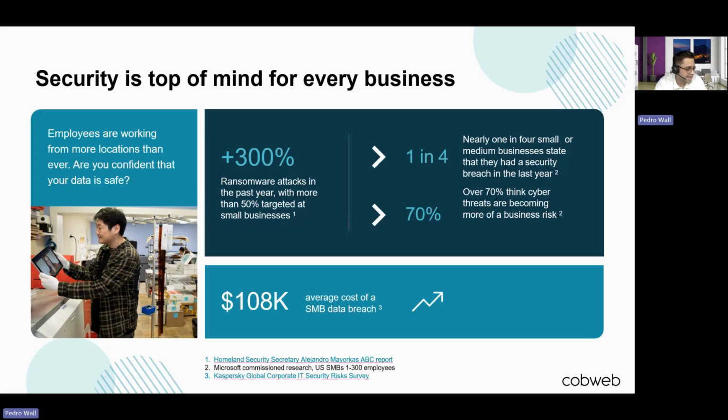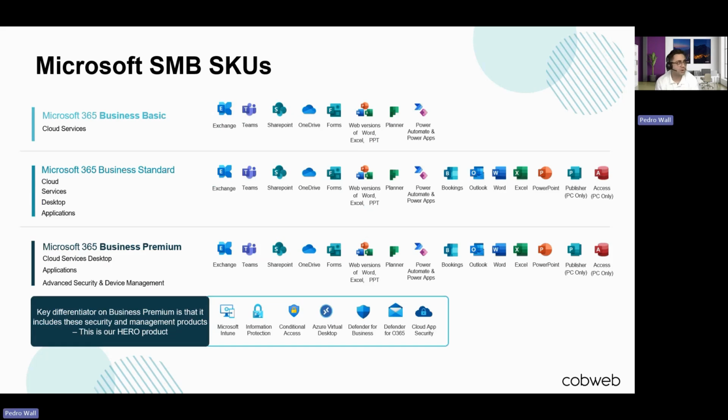And also the average cost is about 108,000, which is huge. Even for an enterprise, that's huge amounts of money. But for a smaller one, it can be destructive and literally lead to bankruptcy as a result. So these are some key reports at the very bottom that you guys can come and have a look at. It's always good to come in and understand how that data is portrayed globally. But going into more of the Microsoft and modern work realm,